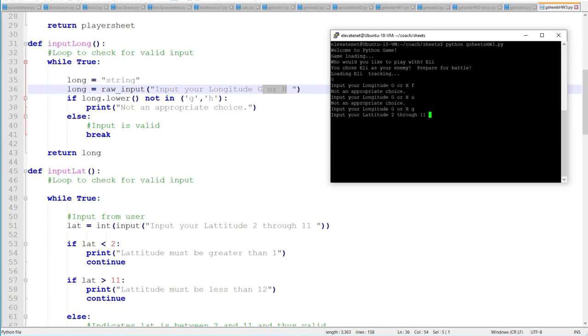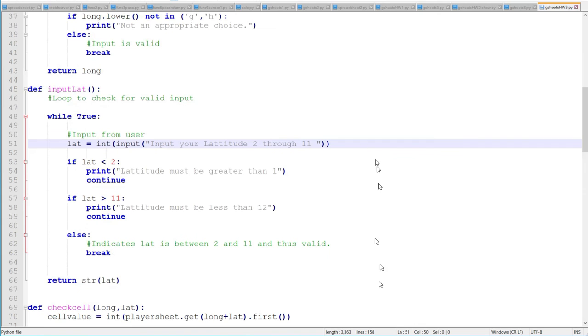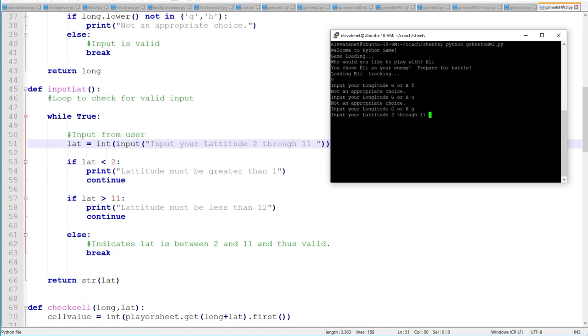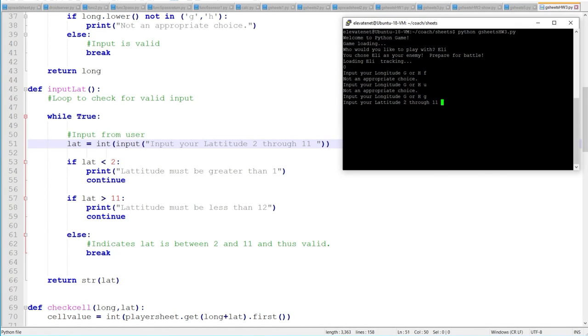It does the next function call for input latitude. Now let's scroll this down so we can focus on what's here. Our input latitude function requires me to have an input between 2 and 11. If I choose 1, for example, it will say latitude must be greater than 1. And we can see that here where it says if lat less than 2, print latitude must be greater than 1. For the sake of it, let's make the other if statement valid. So I'm going to input 22. Latitude must be less than 12. So that's, again, making sure the user is inputting between 2 and 11. So I'll just go ahead and hit